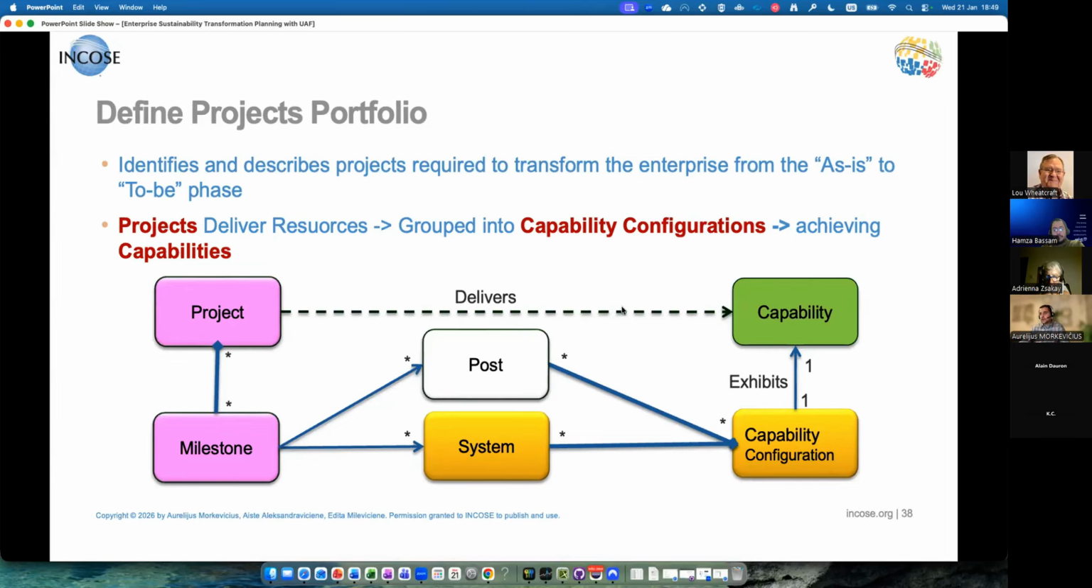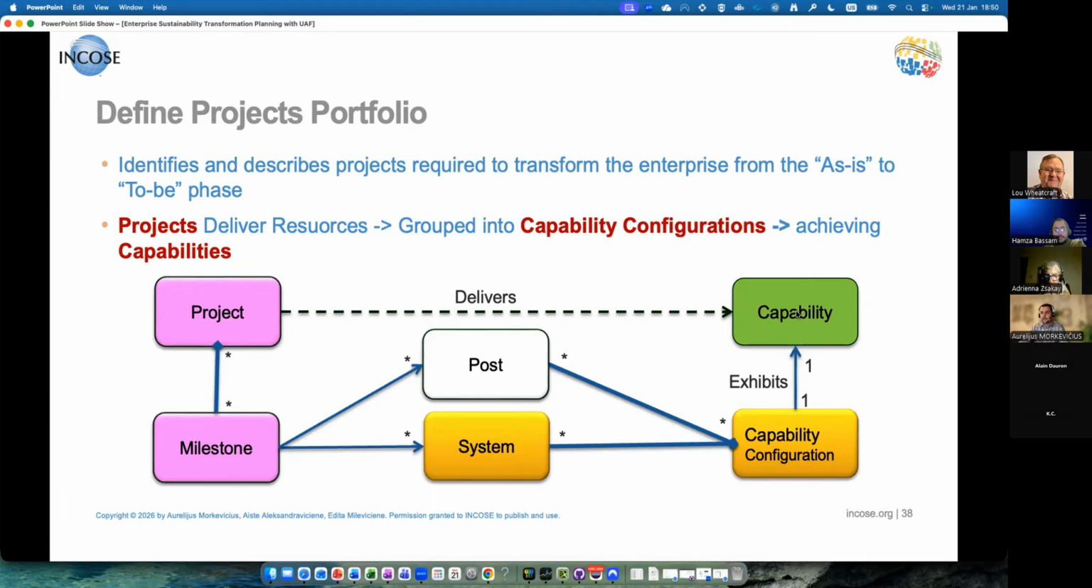But this is not direct, because first of all, we need projects to deliver systems. And then when we deliver systems, those systems exhibit capability. So as you see, it's a dashed relationship. It's not a direct relationship, but there is a relationship between project and capability, because project delivers resources, and resources then